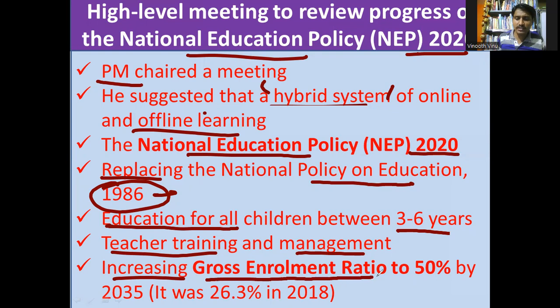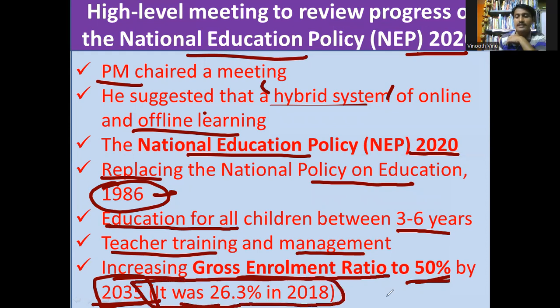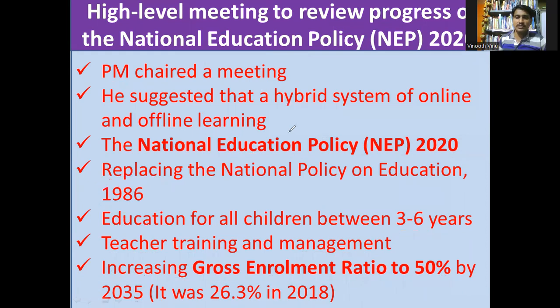increasing the gross enrollment ratio to 50%. I mean, gross enrollment ratio is the share of children who are joining school, and it has to be at least 50% by 2035. I mean, by 2035, after 12 years, at least we have to increase the gross enrollment ratio to 50%. It was actually just 26.3% in 2018. What they have targeted for 2035 is so far good, more than double. This is the target of the National Education Policy,